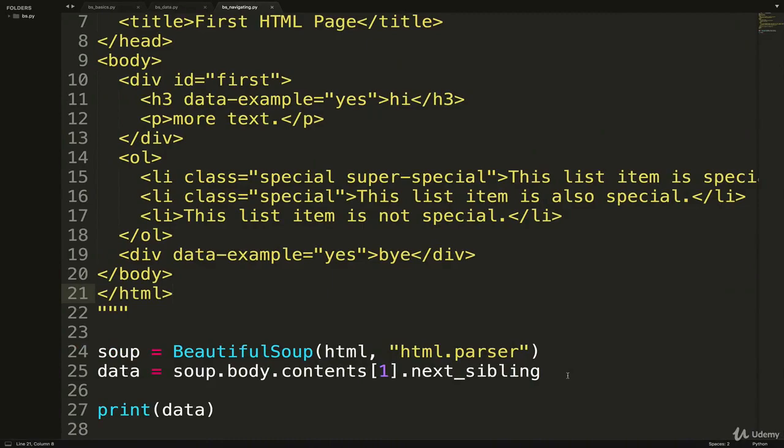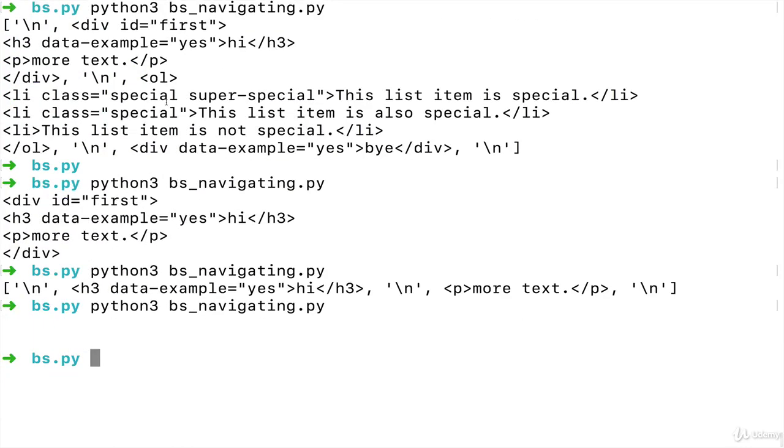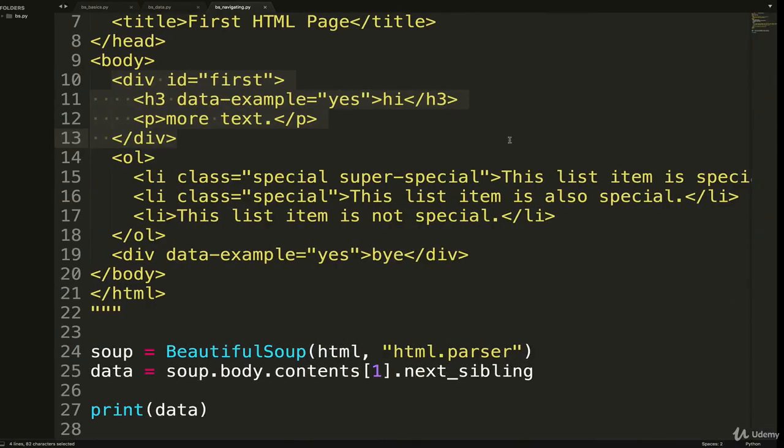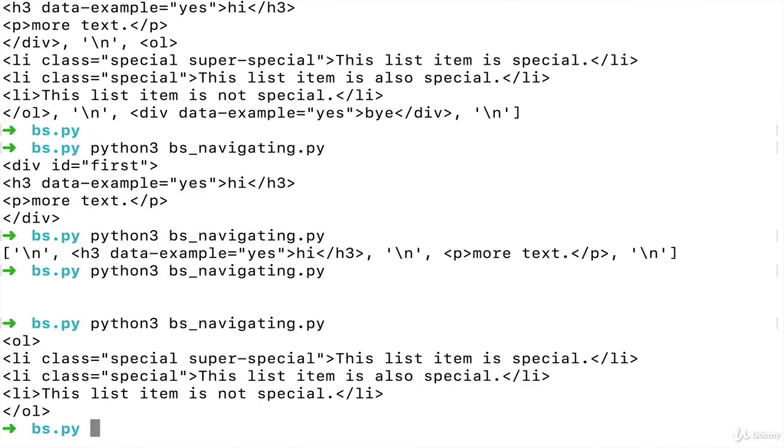What's happening here? Well, the next sibling of this div, remember in the contents, if I have it back up here still, where was that? Somewhere up here. Well, I lost it. It's a new line afterwards there. So we have the div and then a new line and then the OL. So it's treating this as the next sibling. So if we wanted to, we could just call dot next sibling again. And so that's going to go from here to the next sibling, which is the new line, to the next sibling, which is the OL. It's kind of clunky, but that gives us the ordered list.